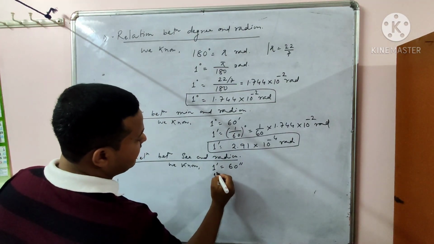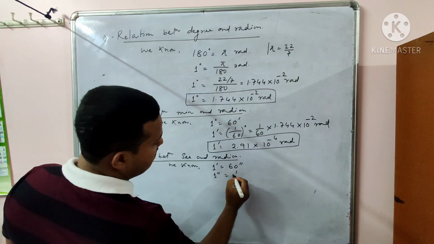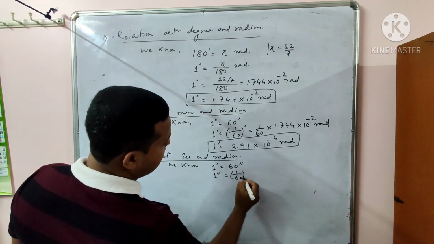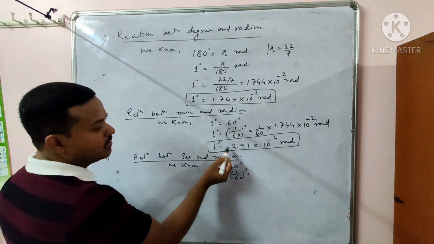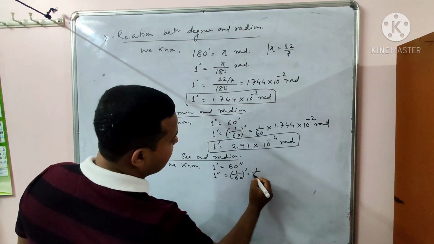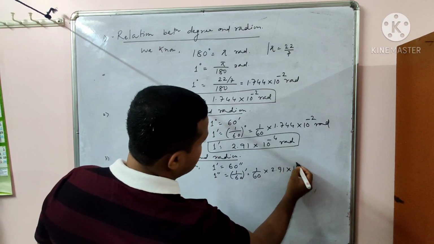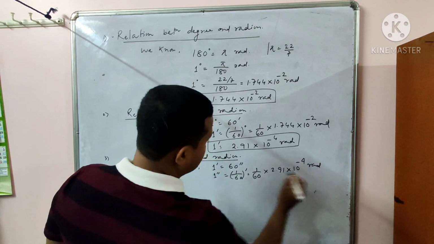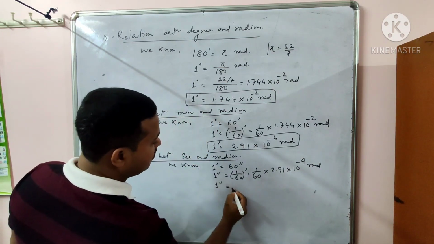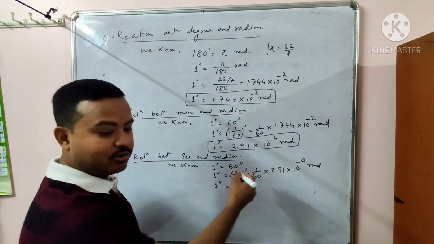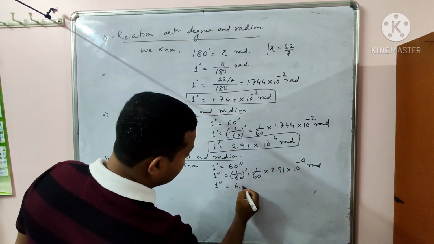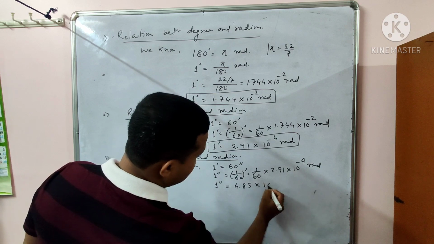So obviously 1 second will be 1 by 60 minute. As we know 1 minute is this much of radian, so you can directly multiply it into 2.91 10 to the power minus 4 radian. So 1 second, if we calculate it, comes to be 4.85 10 to the power minus